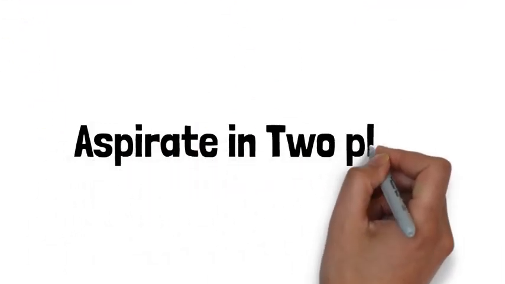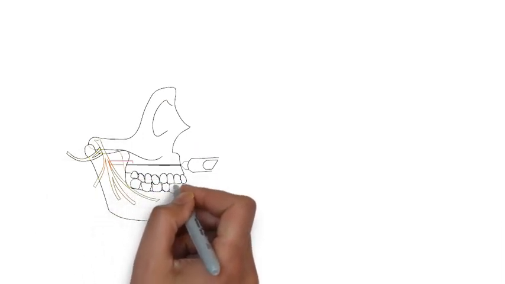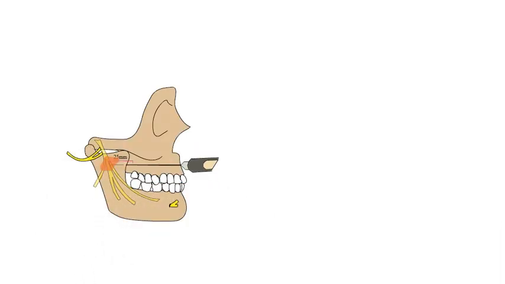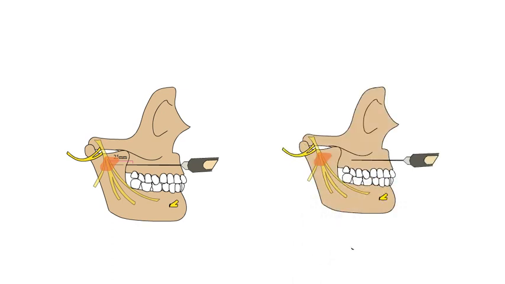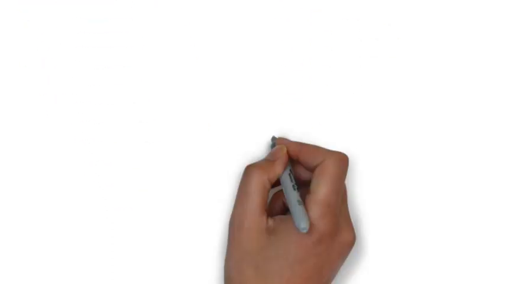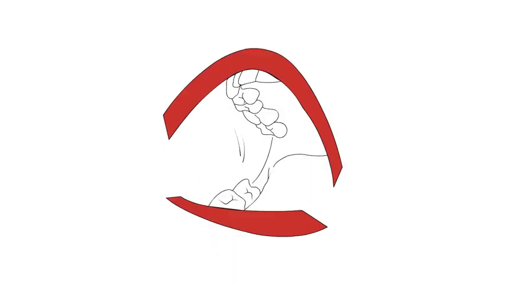As usual, aspirate in two planes, then inject 1.5 ml of solution over 60 seconds. After that, slowly withdraw the needle and make it safe. Slowly return the patient to a semi-upright position and wait for 5 minutes. The patient will start noticing an increase in mouth opening followed by sensory blockade.